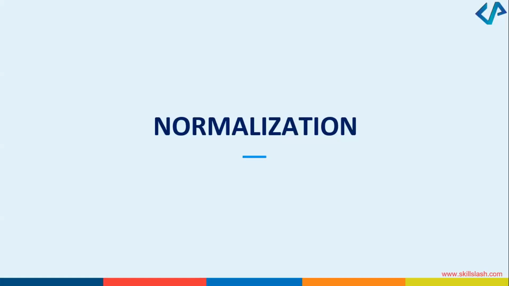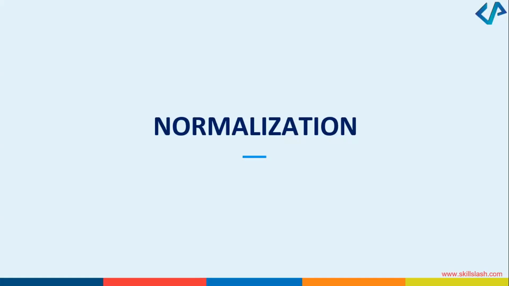It is used to eliminate any undesirable characteristics, right? So the main idea of using normalization is it helps to break a very big, large table into smaller tables and links them using some relationships, right? So the normal form is used to reduce the redundancy from the database table. That is what we talk about normalization. And then there are different normal forms that we have within the normalization. 1NF, 2NF, right? Then we've got 3NF, 4NF, 5NF. So up to 5NF we can go in terms of the normalizations.